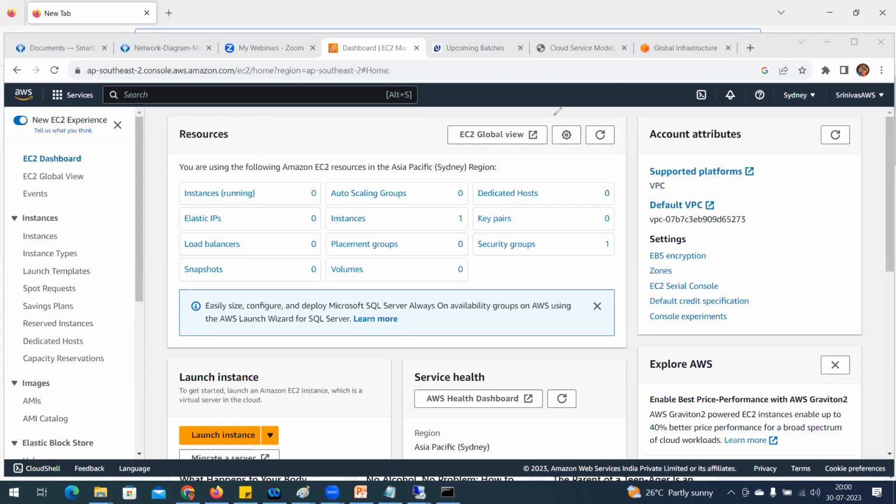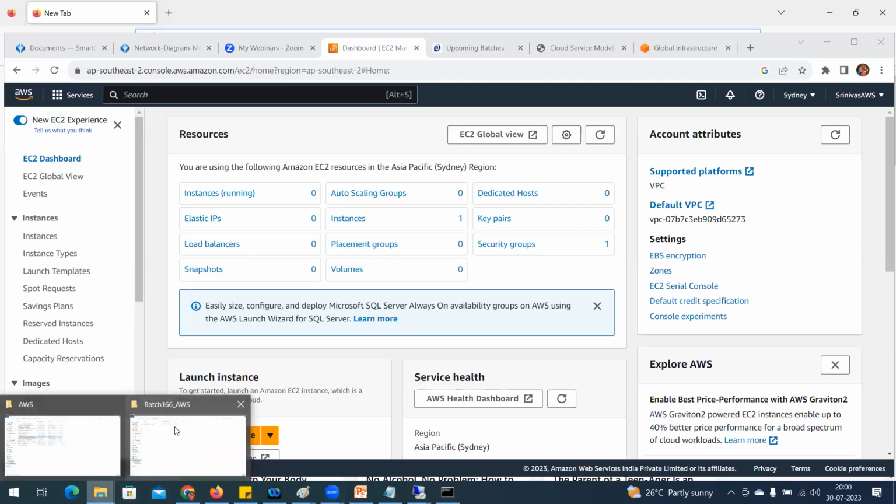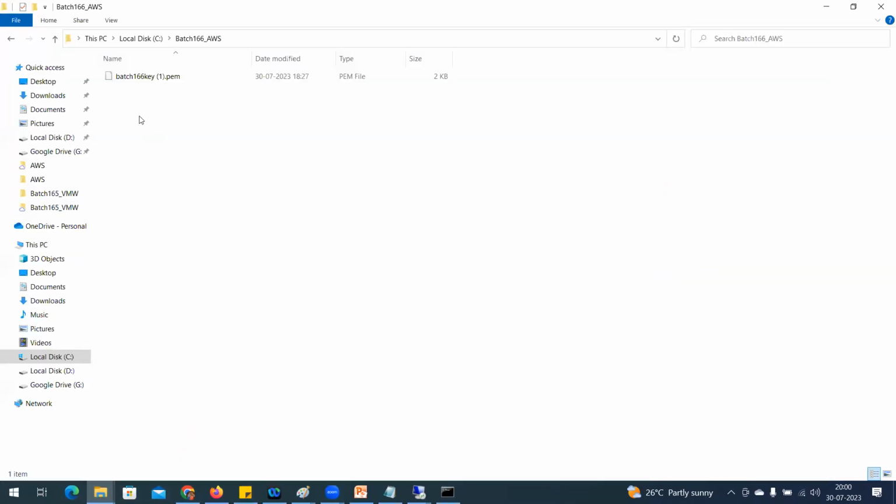You saved it in your computer's file explorer, right? Not the instance. I saved a key pair. This is for password generation. What I saved is this particular PEM file only, which I downloaded to my local system, nothing else. Why did I download this PEM file? To generate the password.